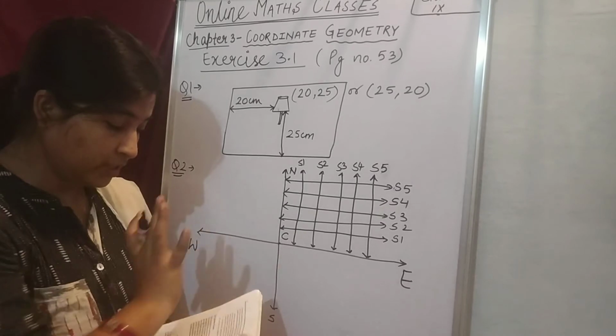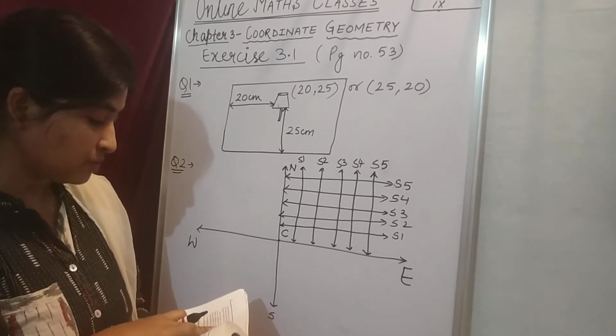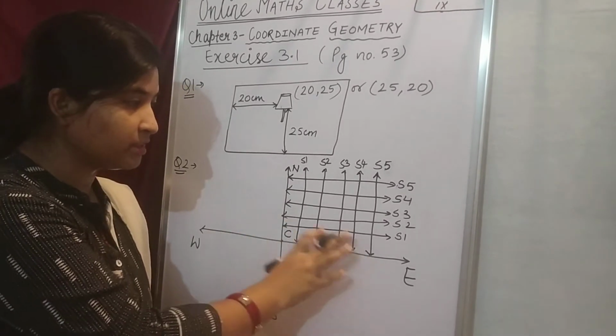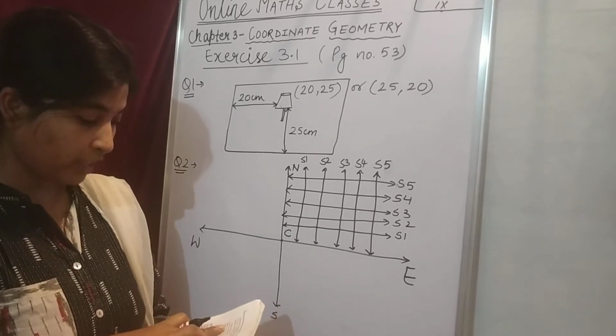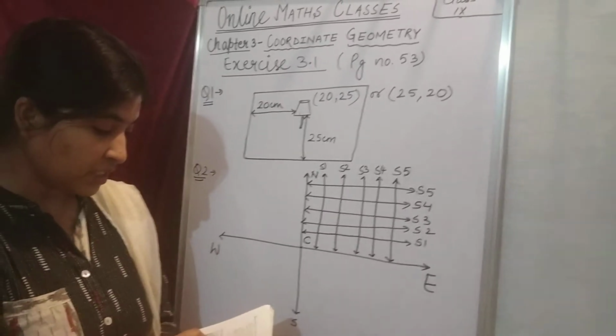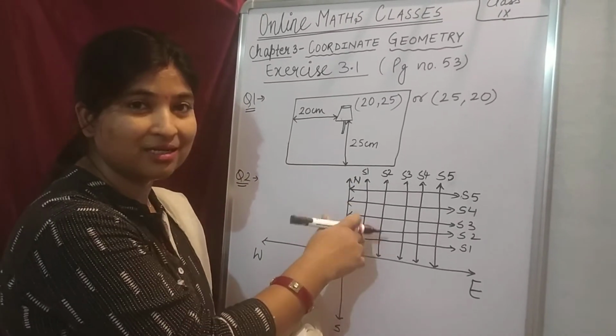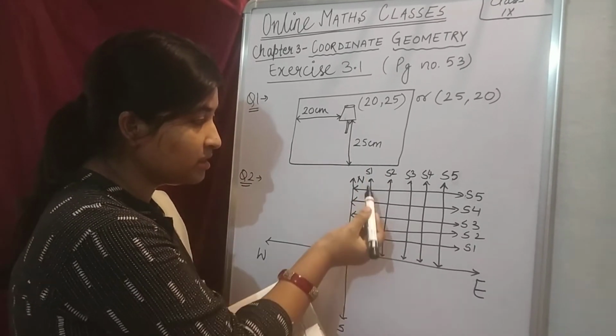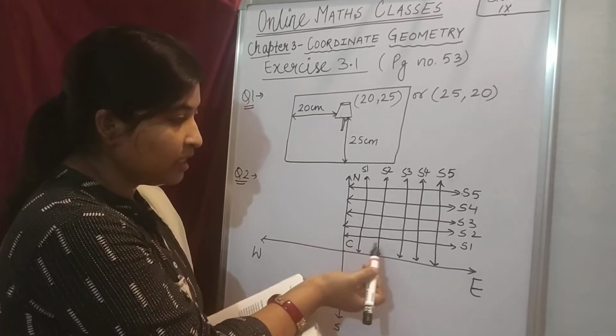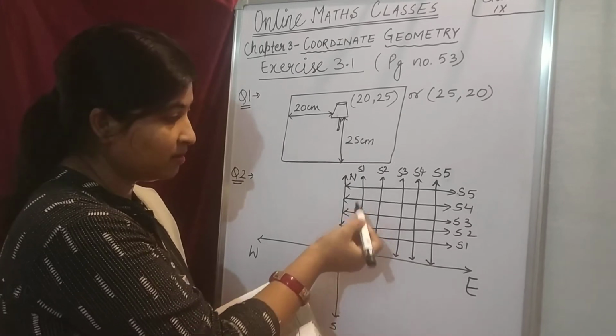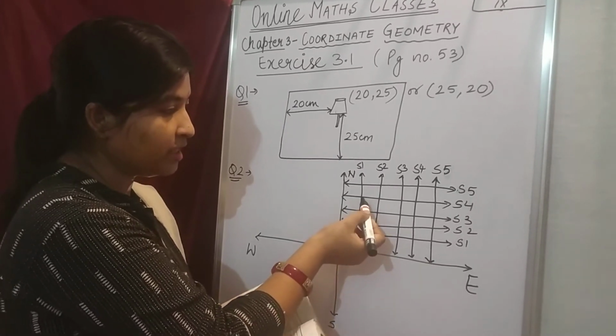We have already drawn it. Represent the roads and streets by single lines. We have already represented them by single lines. There are many cross streets in your model. You can see that there are so many cross streets. Cross street means, can you see that S1 is crossing? There are 5 streets, S1, S2, S3, S4, S5.